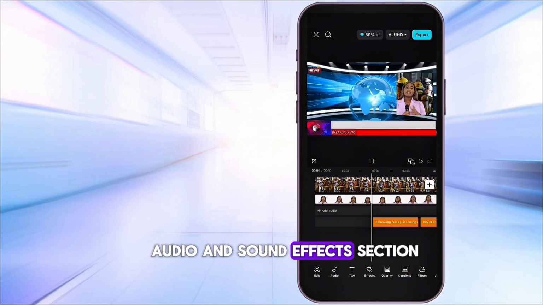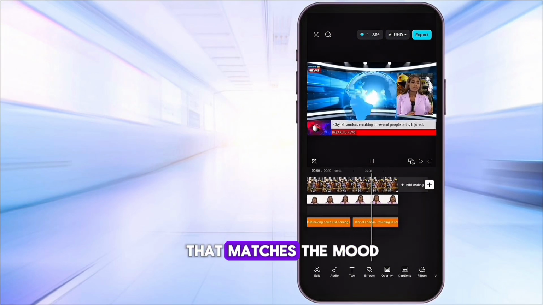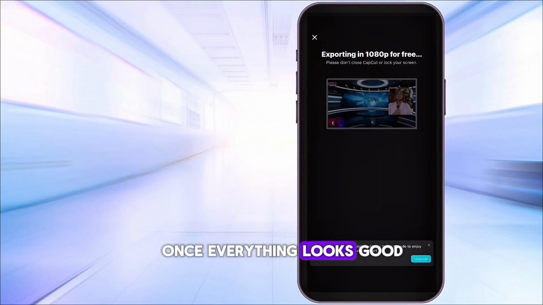Finally, go to the Audio and Sound FX section to add background music that matches the mood of your project. Once everything looks good, export your